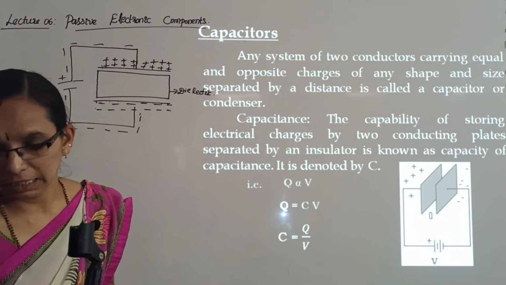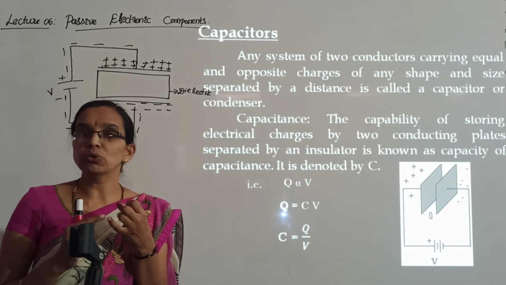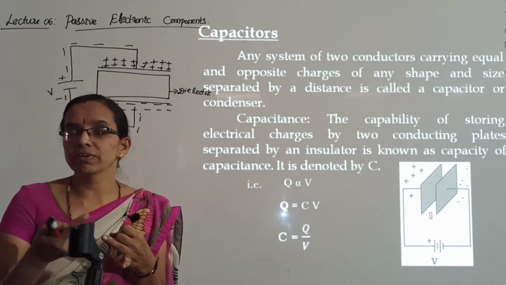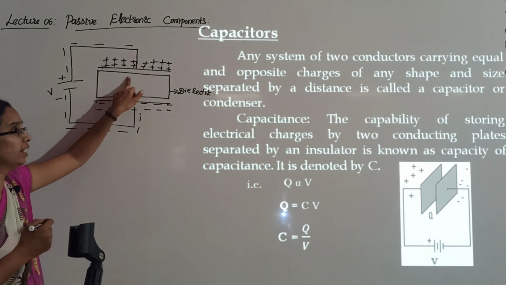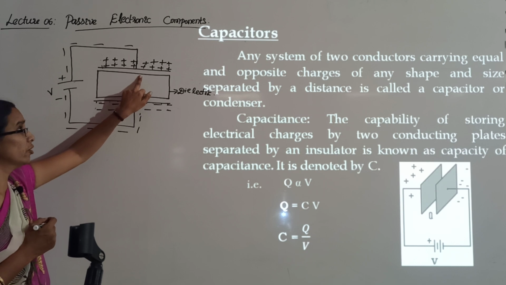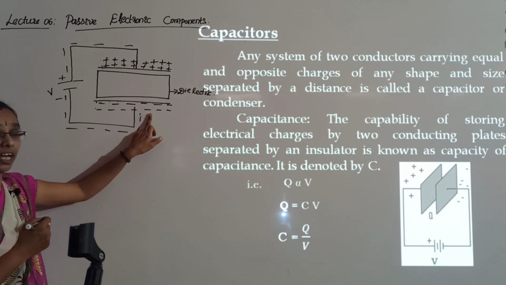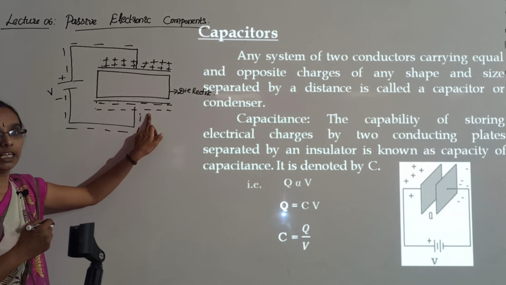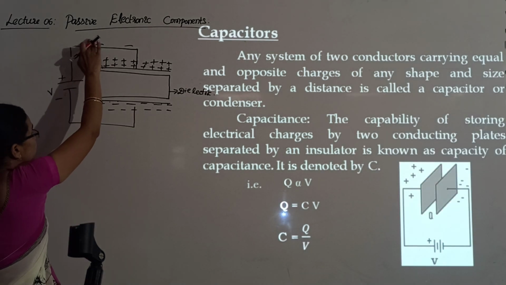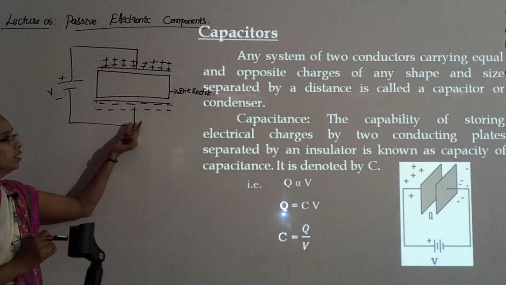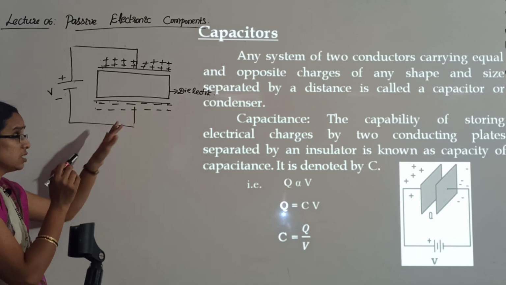We have seen it in the second chapter. There are two types of charges, positive and negative. Whenever a body loses electrons, it becomes positively charged. Whenever a body gains electrons, it becomes negatively charged. So here the top plate lost some electrons and has become positively charged, whereas the bottom plate, which has gained some electrons, becomes negatively charged. Now the top plate is full of positive charges and the bottom plate is full of negative charges.